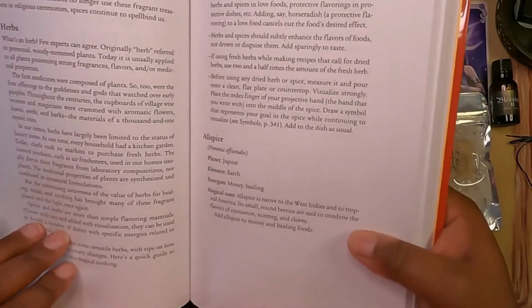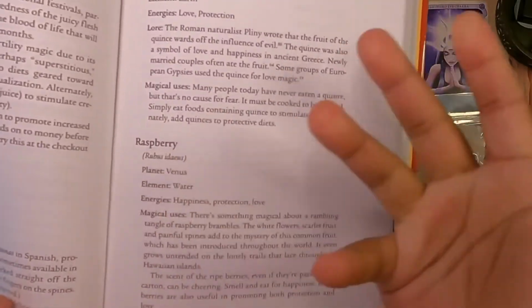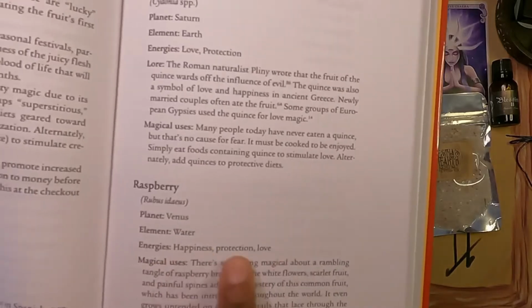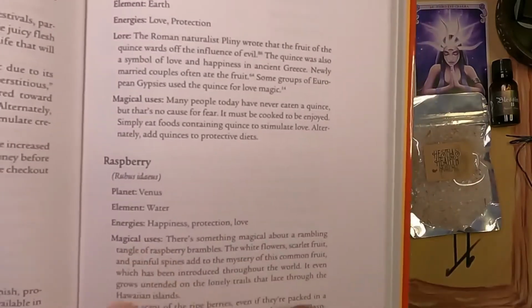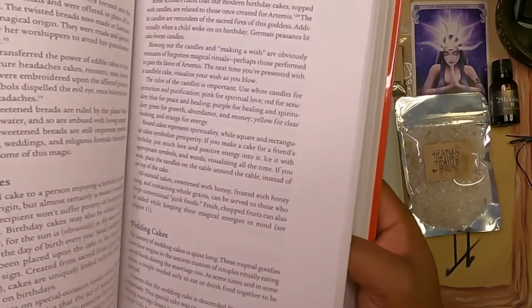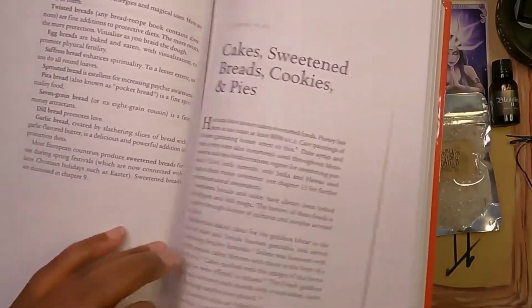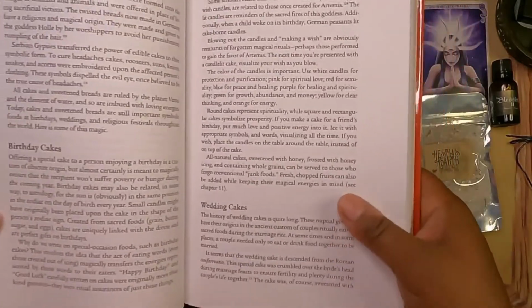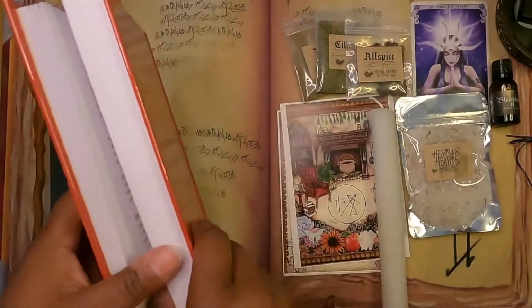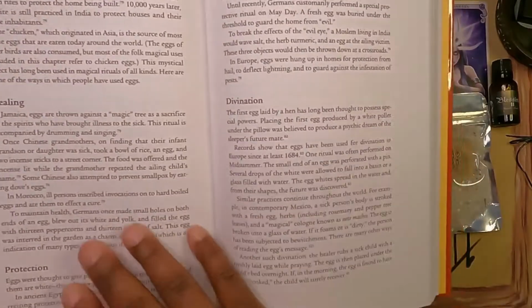So for instance, let's look at raspberry. So here it just gives the fruit or herb or whatever it is, the planet it's associated with, the element it's associated with, the different energies it invites or pushes away, and then its overall magical uses. So there is a little novel-ish-esque to this book, which is a little more so than his other reference book that I have, but that's fine. I would have to go through this a little more to see if it gets into the whole god and goddess thing, which is really the part of Wicca that I don't want to invite into my practice. But despite that, this is actually really cool because